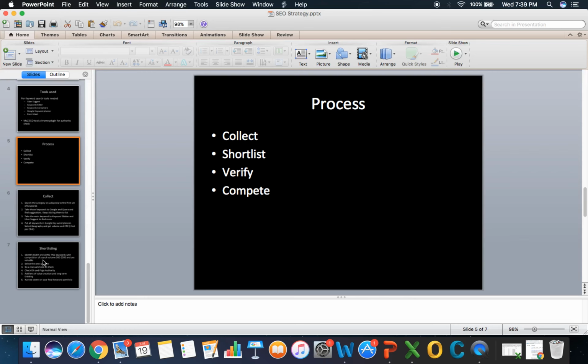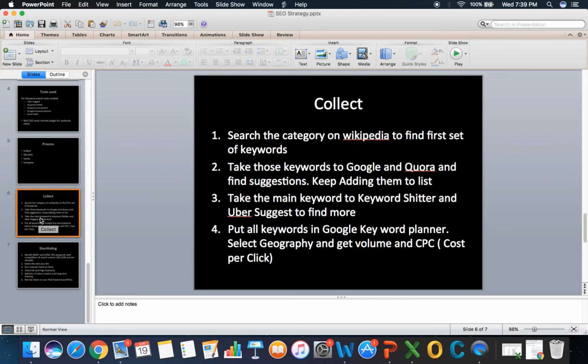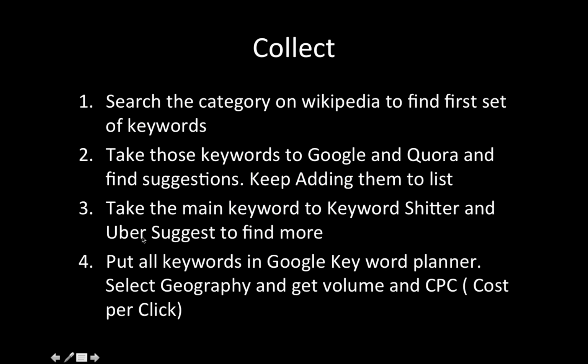So just to reiterate the workflow, it has been a long workflow. We start off on Wikipedia with the category keyword. Let's say funding is the category that we started looking at, right? And then we came up with startup funding, venture capital, private equity, a bunch of those body keywords, right? And those body keywords we put up in Google, Quora to find suggestions. We even put up in Ubersuggest and Keyword Shaker tool to get a bunch of keywords. We can even use Google Keyword Planner to generate these ideas.